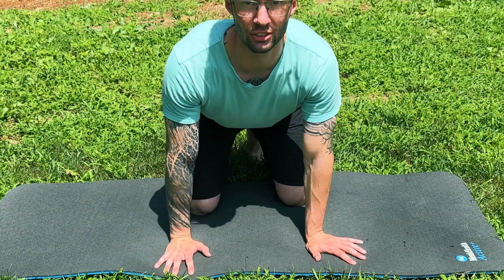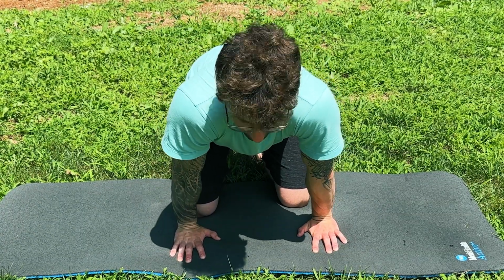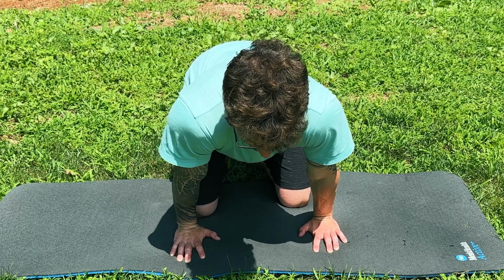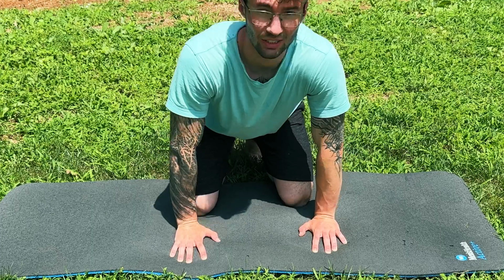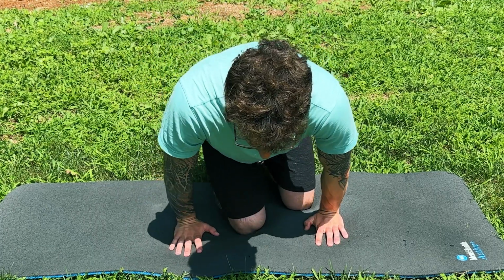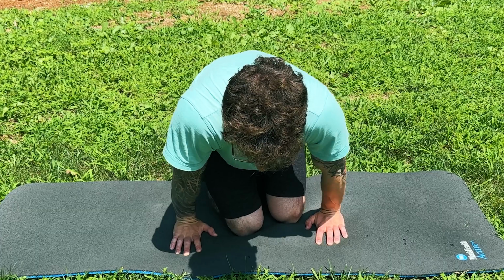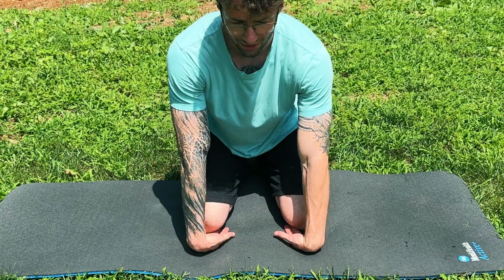Now we have the wrists to warm up. So I'm going to start by leaning forward, wiggling the wrists, and stretching the wrists to extend backwards this way first. So do a few reps of that. Warm up, switch your wrists over, come backwards like this,